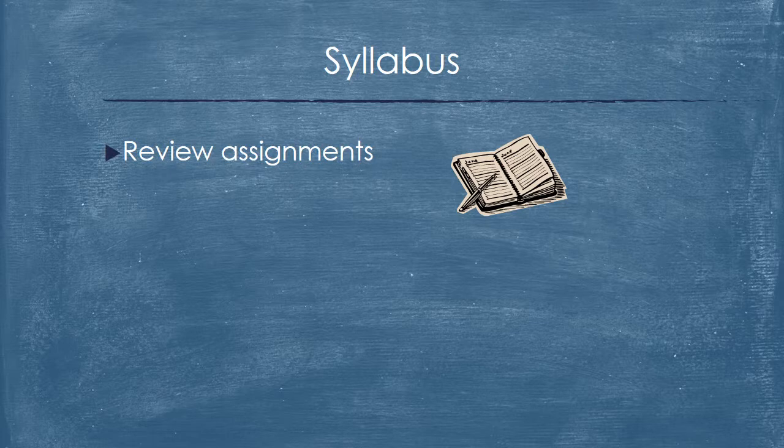The syllabus can be found in the course information. So if you go to that tab in Blackboard in our course, you'll find it there. And it has the list of all the assignments, when they're due, and their point value. This will give you a quick bird's eye view of what to expect in this class, when the big due dates are, and which are the big assignments, like your midterm, your final, and the short papers that we'll be writing in this class. It also has the due dates in there.